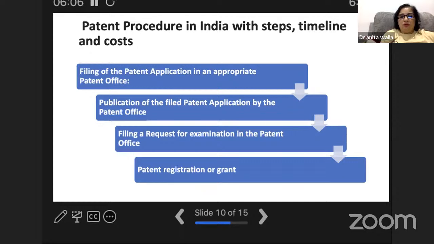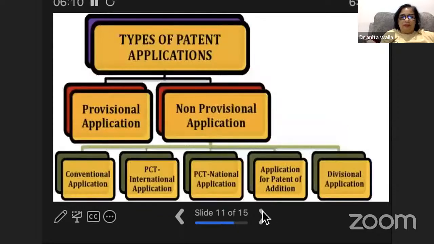Okay. So you can do that. So this is a process which I was telling you. These are the types of application. I told you provisional application, which is a temporary application. For example, your invention is still in work. You are still in the research. You have the idea, but you have not developed the product, then you can go for it. But within 12 months, you have to come for the complete or non-provisional application, which is when your product is fully developed. Okay, complete application.